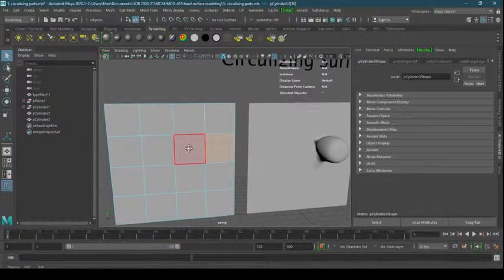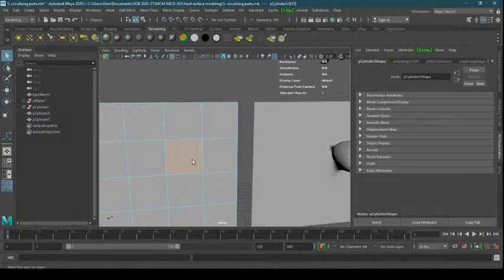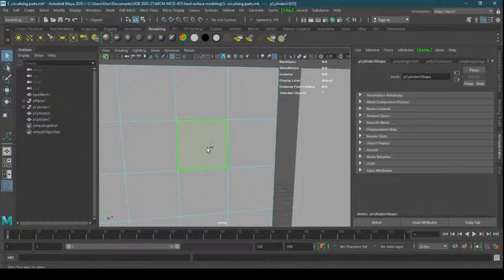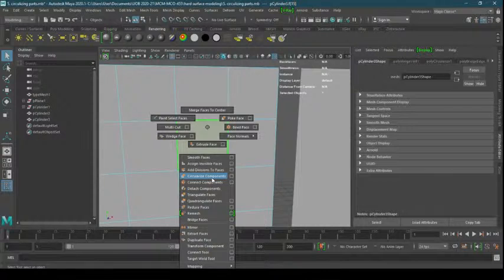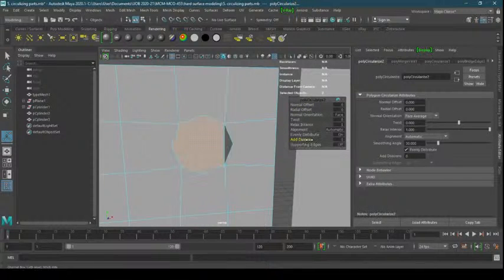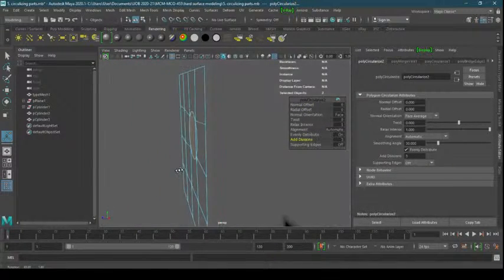Okay, now you know what happened to the circle. It's not giving me the holding edges. It will look like this. So what I need to do is, if you go to the Circularize component here and increase the subdivision, you will notice that